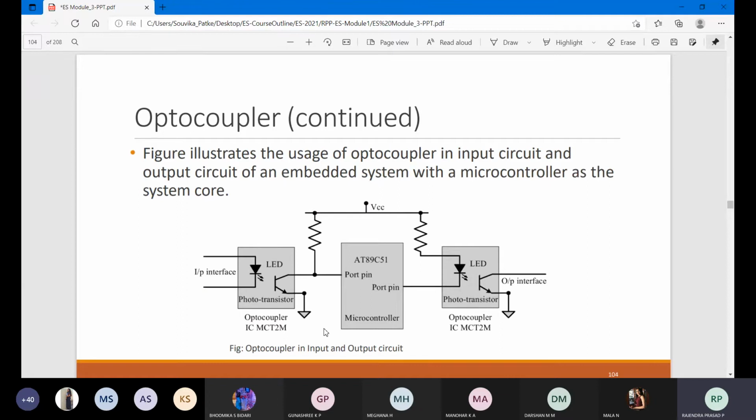The figure illustrates the usage of an optocoupler in input circuitry and output circuitry for an embedded system. You can observe this acting as a phototransistor integrated for the input part, and this acting as an output for the embedded system. The input part and output port are connected, and these two are given to a power supply, and this is given to the ground.